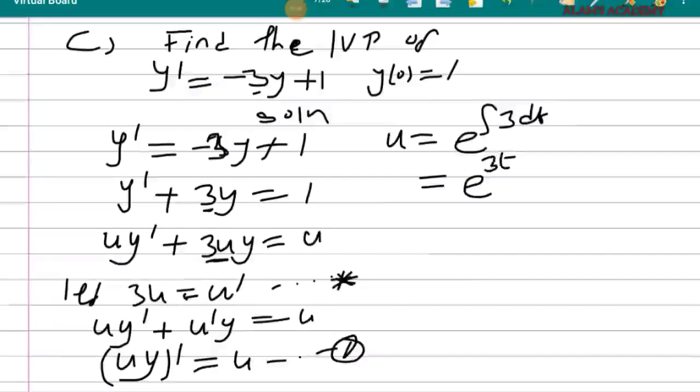Okay, so my u is equal to e exponent 3t. We substitute it into equation 1, and I'm going to have u, which is e exponent 3t y all prime to be equal to